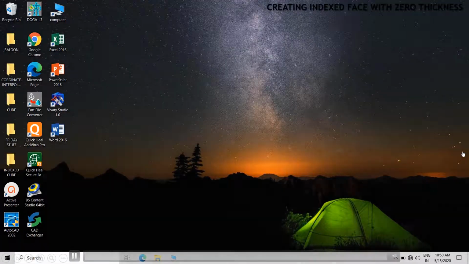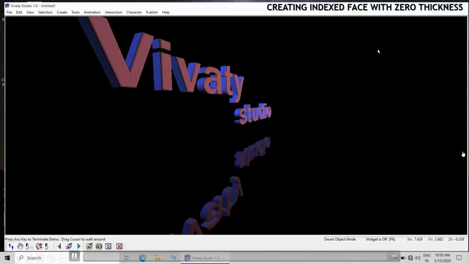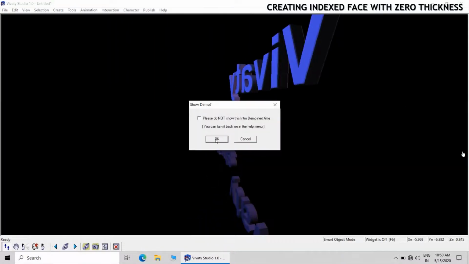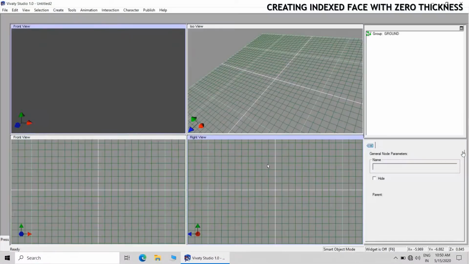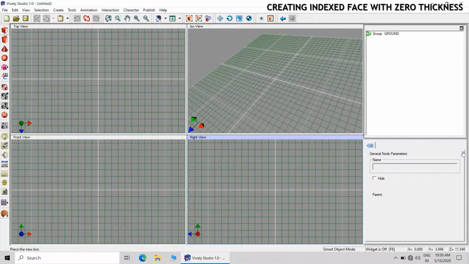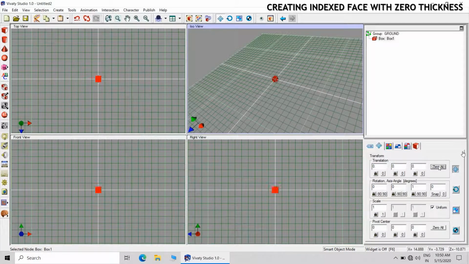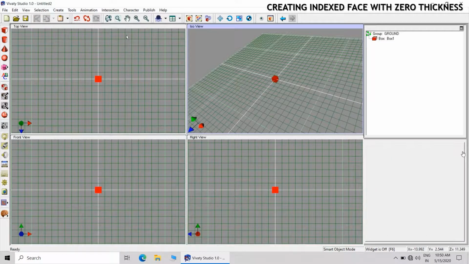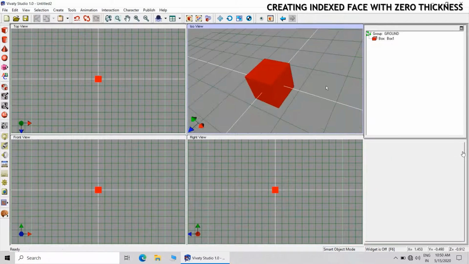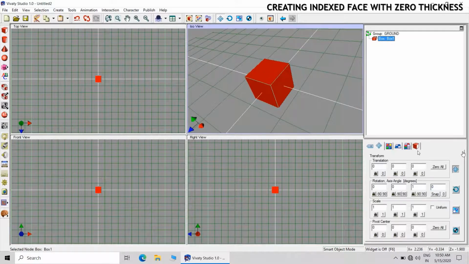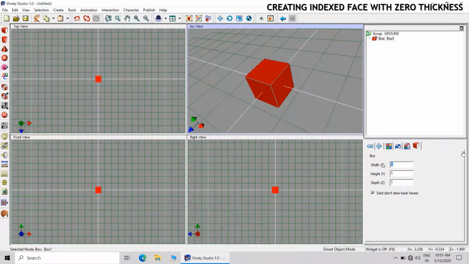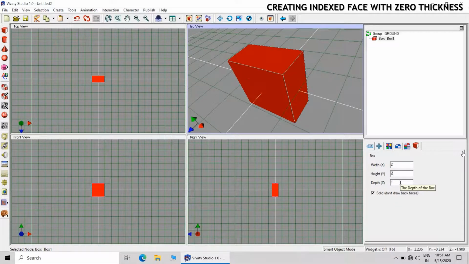So we will start animating the 2D object with the help of the coordinate interpolator, and the first step will be to create the object of zero thickness. I have created one box, and I have placed that box at absolute 0 0 0 position.